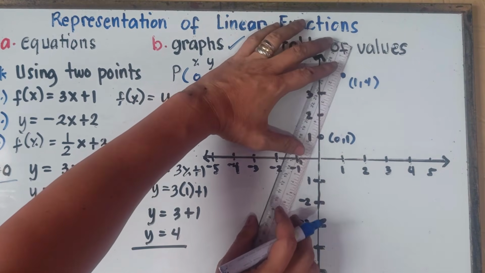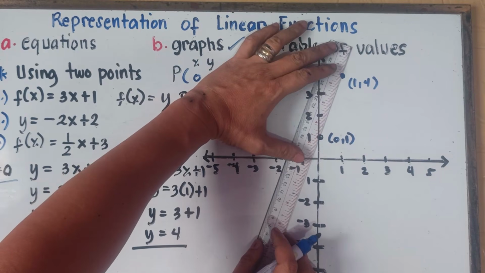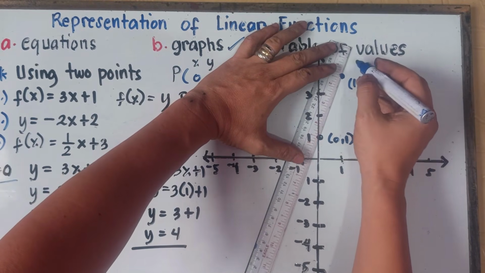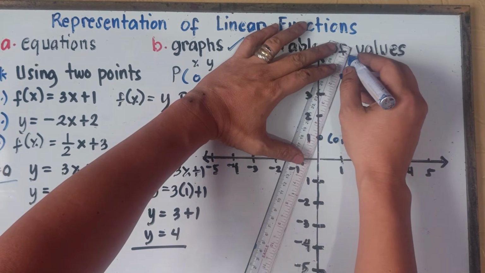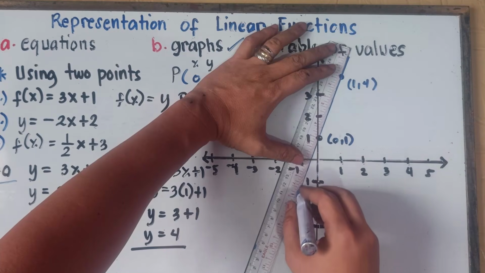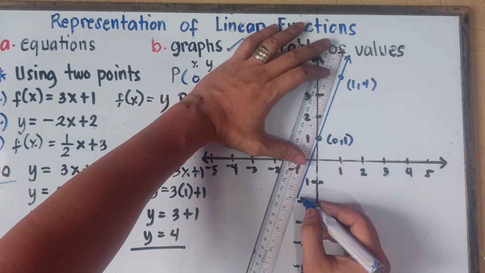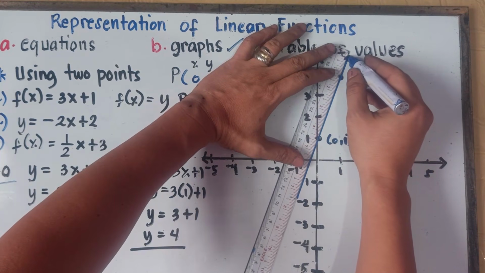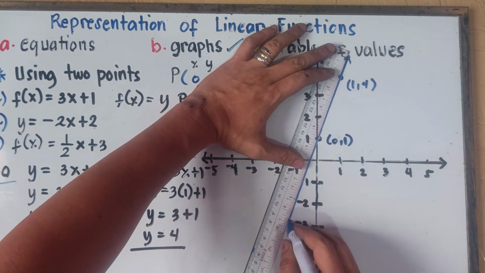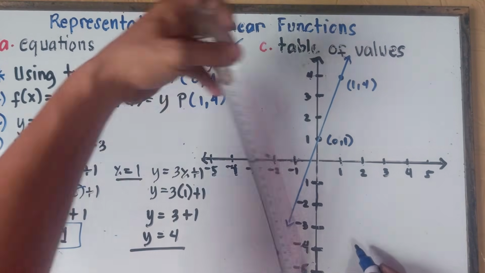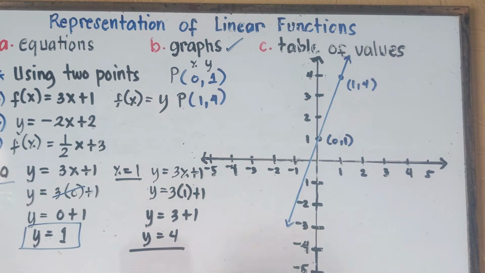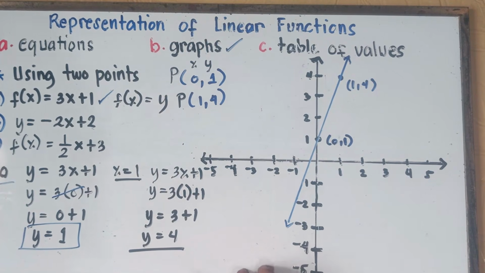And then simply connect the points, class. Once again, simply connect the points, and then you're all set, class. Simply connect this one and then you're all set. That's it, class. That's how you graph this one, class. 3x plus 1, that's how you graph this one. This is the answer, class.